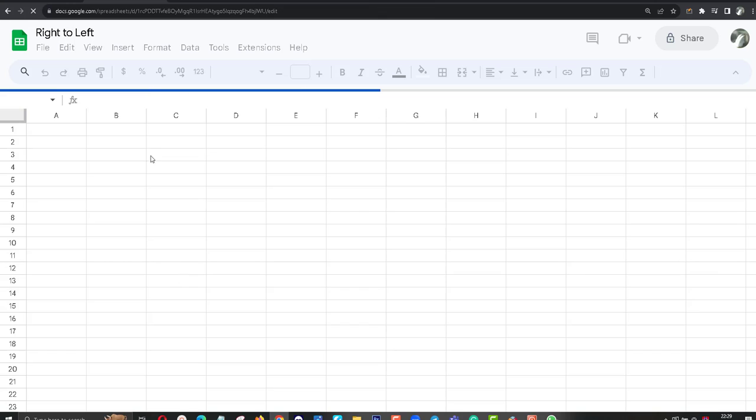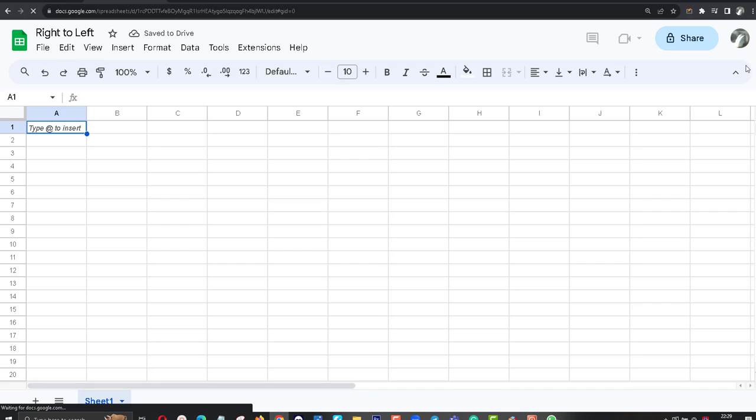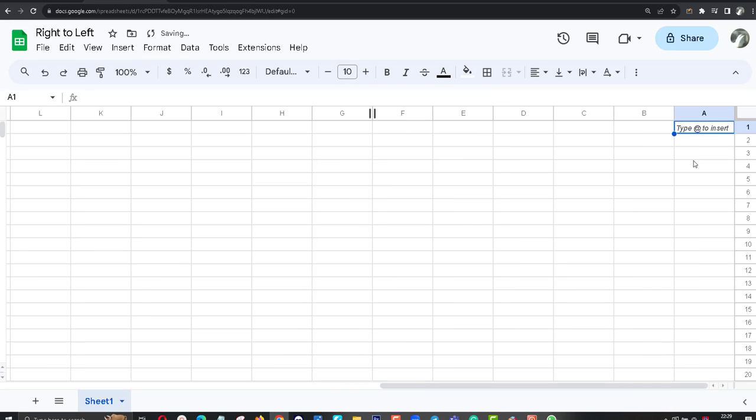Okay, now I want to show these left to right columns right to left. Click on format, then you can see here sheet right to left. Click on it. Okay, now you can see every column